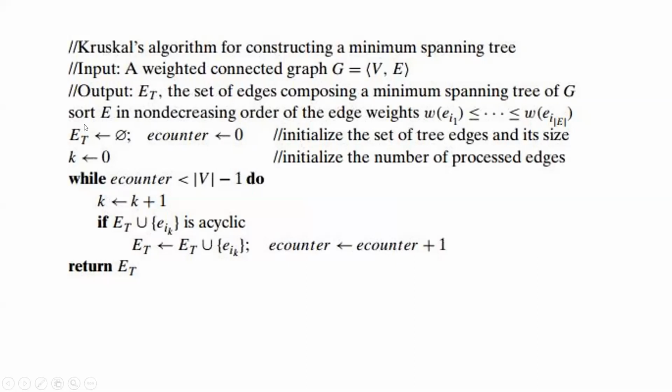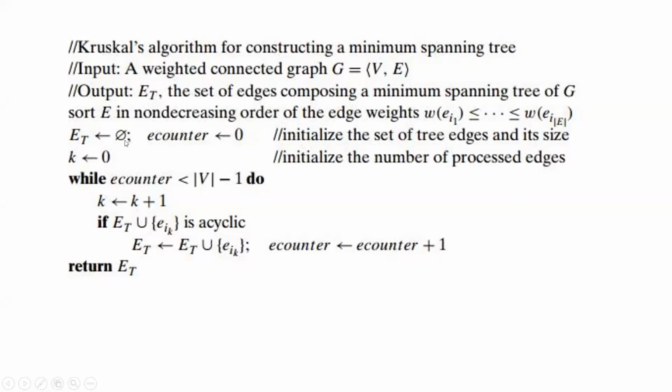So the approach: sort E. What is E? E is the set of all the edges. What is ET? ET is the set of selected edges in the spanning tree. What is E? E is the set of all the edges present in the given graph. So sort all the edges in non-decreasing order, nothing but ascending order of weights. I from 1 to number of edges. Okay, then